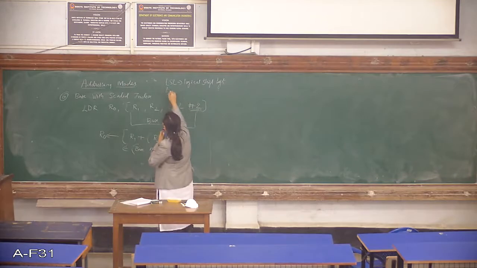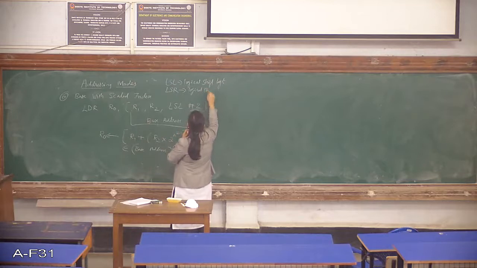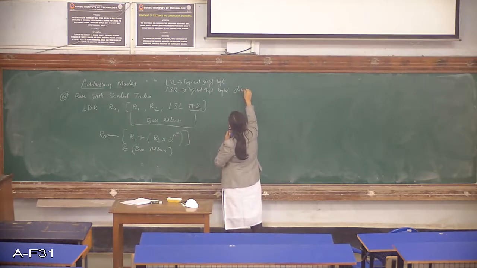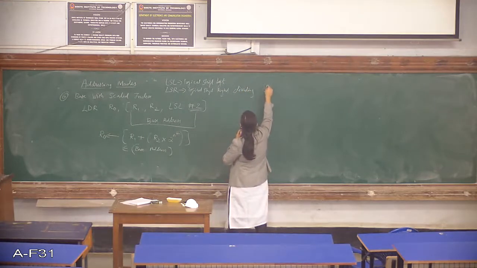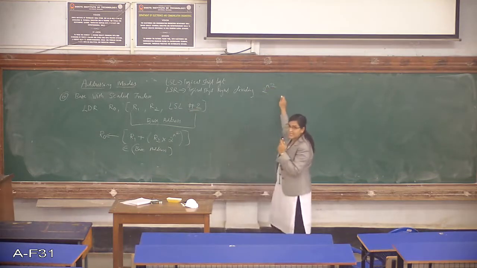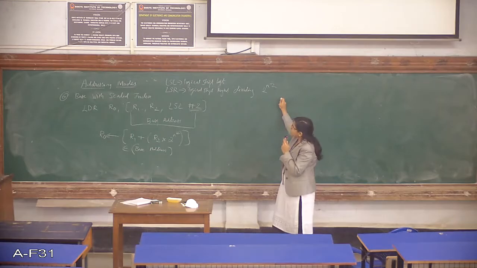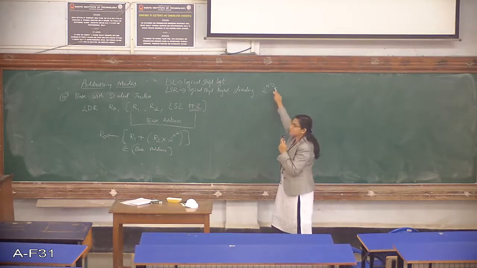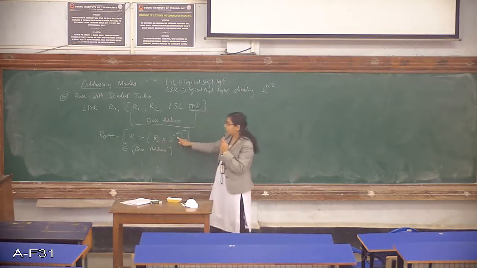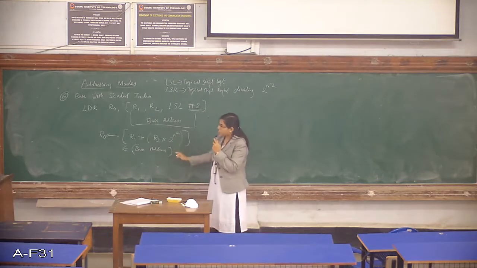Similarly, if you go with the logical shift right operation, you will be dividing the value by 2 raised to 2, whatever it may be. Now in this case it is hash 2, so it is 2 raised to 2. So LSR, the logical shift right operation, is nothing but dividing the value by 2 raised to 2. And left shift is nothing but multiplying it by 2 raised to 2. So this will give you the base address from where you want to take the data.